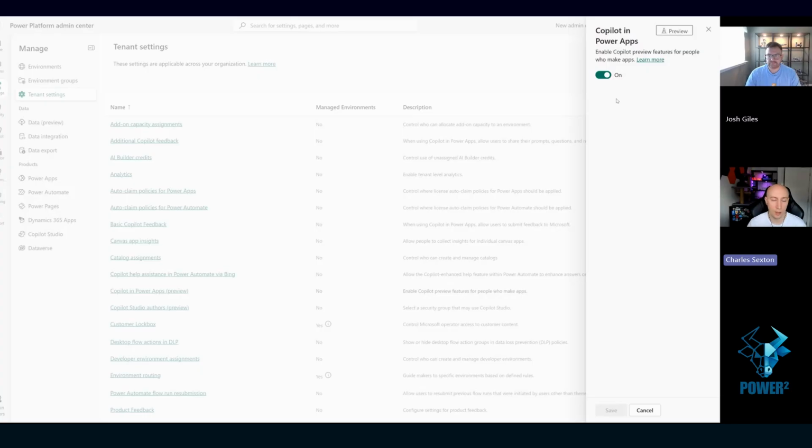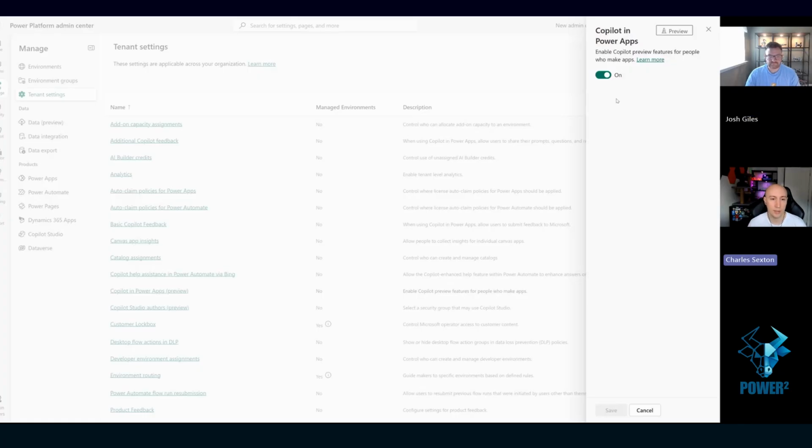So for Copilot in Power Apps, you might want to turn that off if you're not happy with the natural language data that your users, your makers, are sending through to Microsoft, because for us being in the UK, that data might go to the USA, and we might have potential issues with data residency because of that. The other thing I wanted to point out with specifically Copilots in Power Apps is that there's Plan